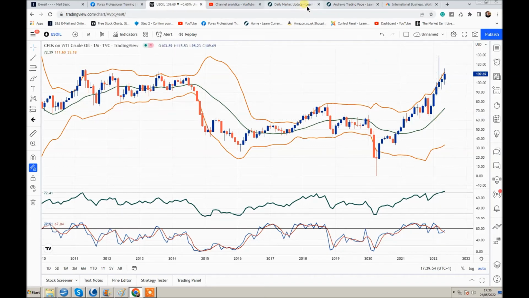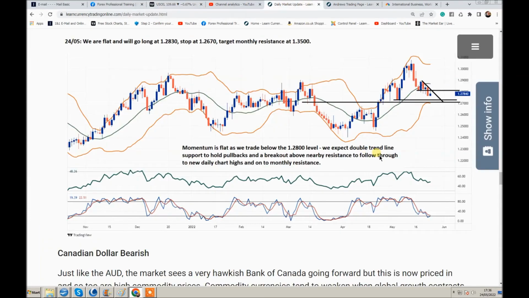But I think the CAD is going down anyway. I think the market's just too bullish on Canada in terms of interest rate rises going forward. I'm not bullish enough on the USD. Okay, so in simple terms, on this chart, I've got double trend line support, first level support here, where we